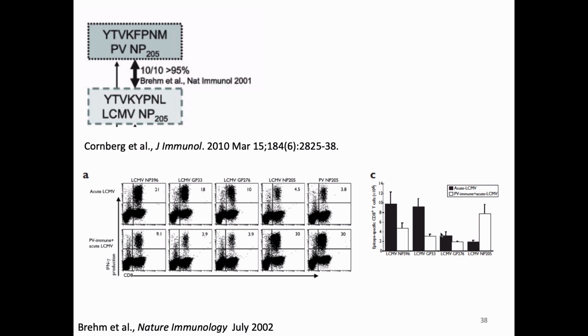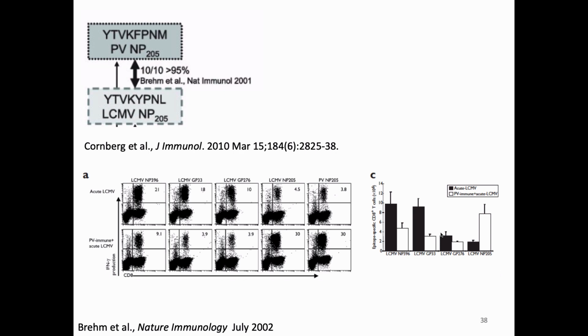And so if you look at a mouse that's infected with LCMV, you can see that that mouse will make some CD8 positive, interferon gamma positive responses. Those are good effector T cell responses to